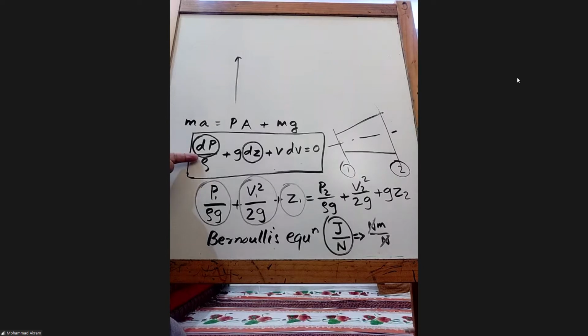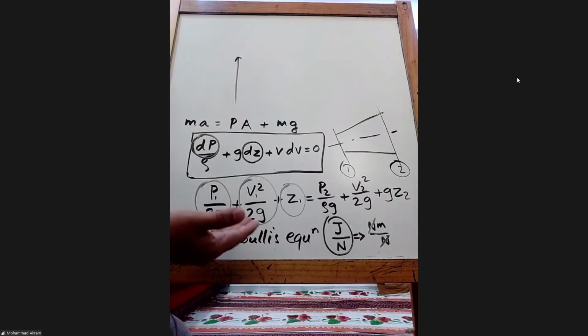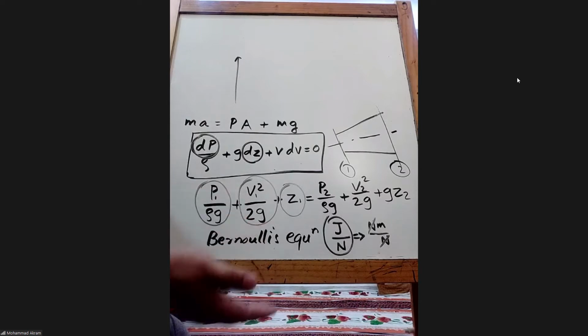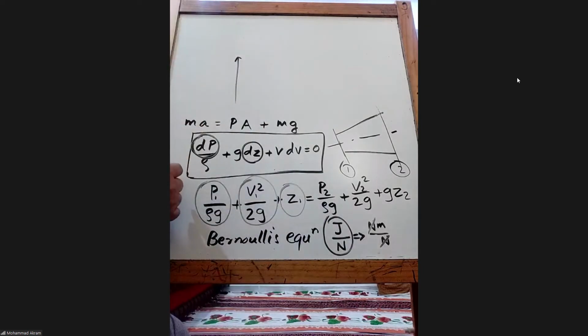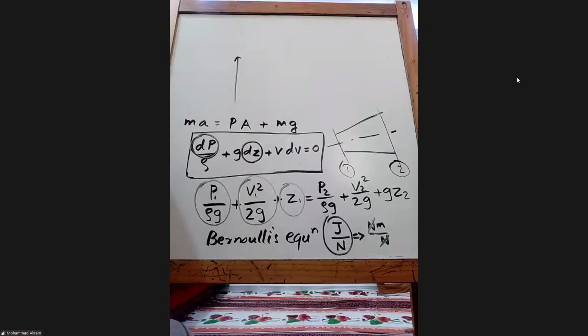Similarly, if you want to send water from the ground floor to the top floor, what do you need to do? You need to use a motor. That motor will pump it. That means it produces a delta P. Because of that, you can have energy transfer from a lower level to a higher level of position.